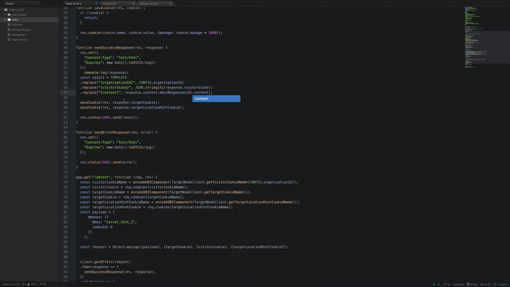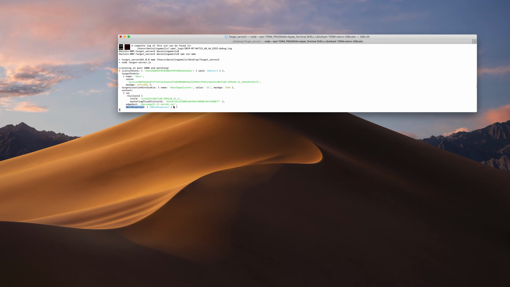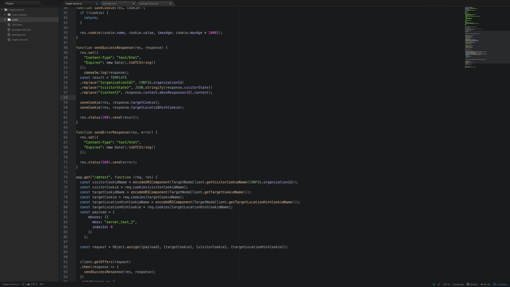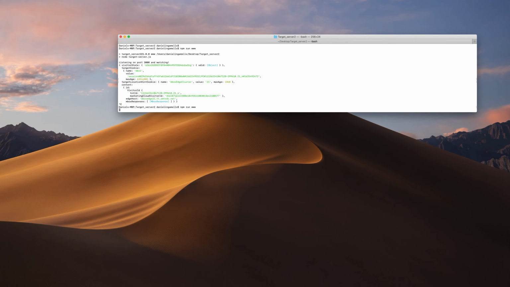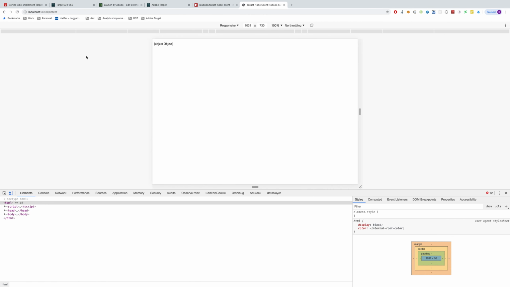So now we've set content to response.content.mbox responses 0.content. Now this is just drilling down into this, right? Inside mbox responses, you've got content, mbox responses, an array. The first item in the array is our first mbox, and inside that is another object called content. You've got to take my word for it. But if we now save this and we start our server again, what you'll see now